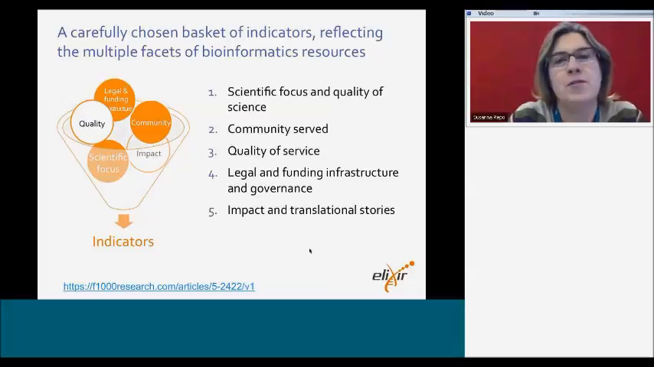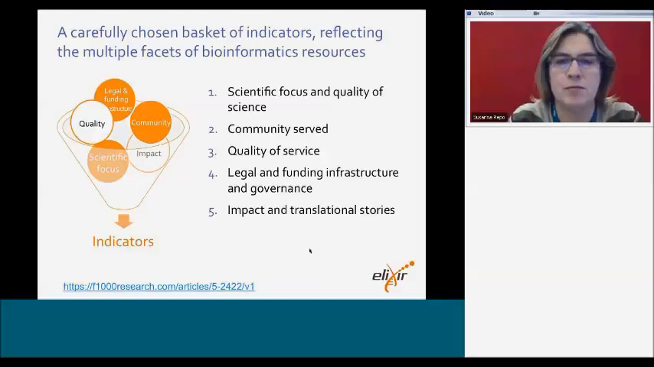The thing is, how do you actually define these core data resources? We might feel that we have a good idea of what they are, but how do you define, in quantitative and qualitative terms, what they actually are? And so we have developed a number of indicators that we would expect would be able to characterize one of